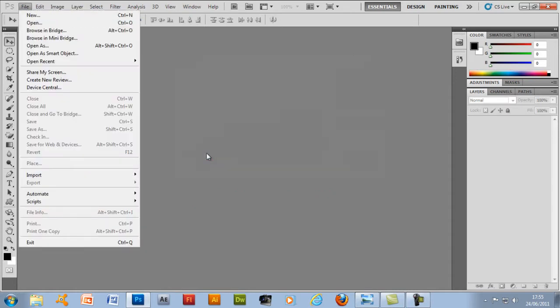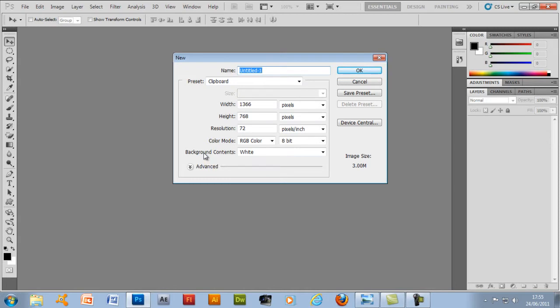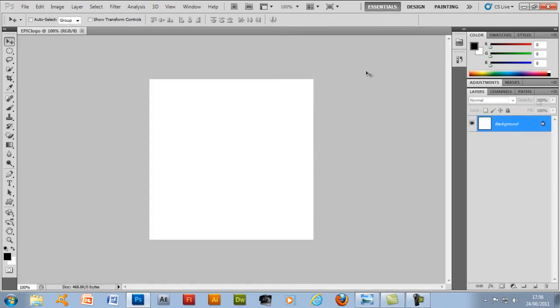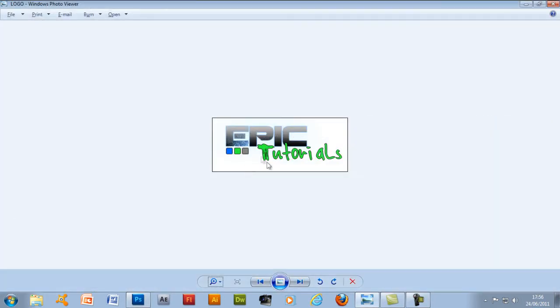And first, okay, what we're going to do is open up a new file, and call it whatever you like, and set the height to 400 pixels and the width to 400 pixels. And click OK. The rest of the settings are fine, so don't worry about them if they're the default settings. Okay, so open up a new layer,